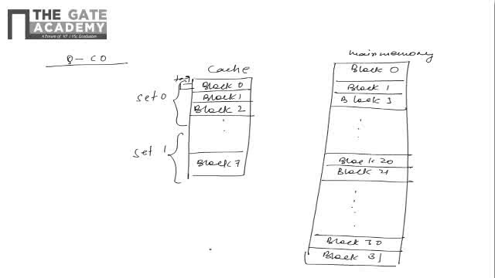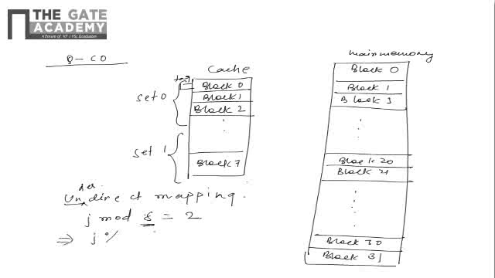Now we have to do the mapping. First, in the direct mapping, which block of the memory contents for block 2 of the cache? What is the formula to calculate the block under direct mapping? Under direct mapping, J mod 8 will be 2. Here 8 is the number of blocks in the cache. If it were 128 blocks, it would have been 128 here, but because there are only 8 blocks, I'm writing 8. It's already given that the cache block number is 2, so J modulus 8 will be 2.